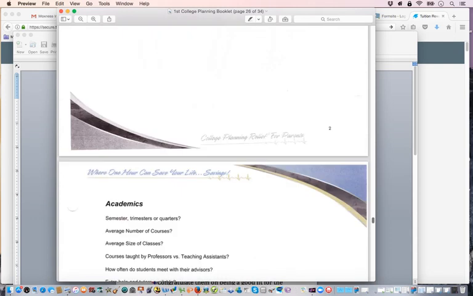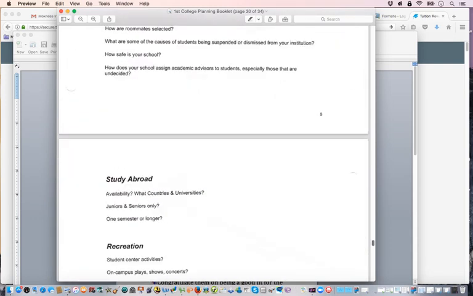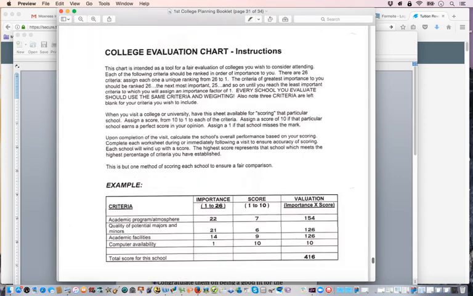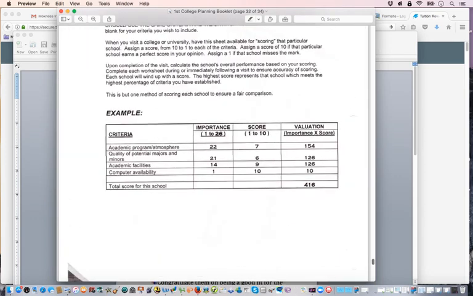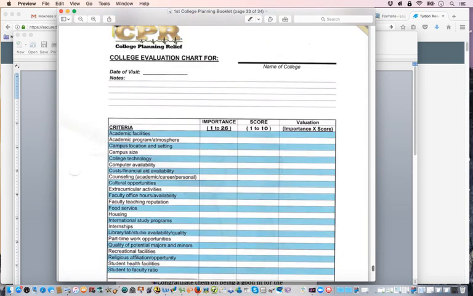And then as they get ready to start doing their college tours going into the junior and senior year, they actually have a scoring system, and that scoring system will let them evaluate the things that they like most about the school and the things they like the least about the schools, right? So all those things help them make a choice on which school is best, not just because their girlfriend or boyfriend is going down there or because they like the colors of the school or the mascot, right? So those are the things that come out there.